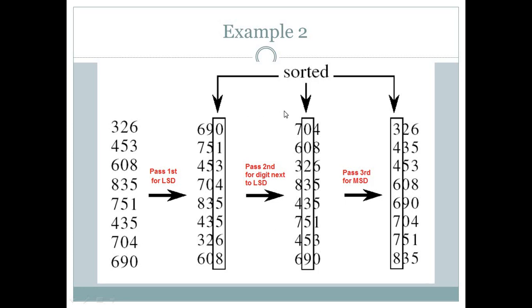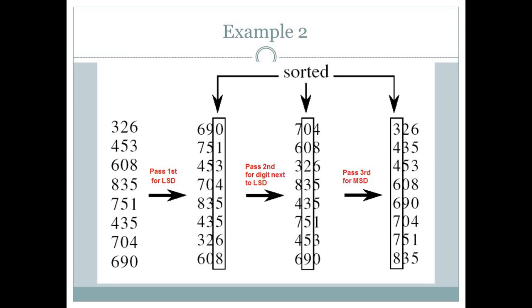After it we will apply our counting sort algorithm on the second digits. And after applying on the second digit we will apply our counting sort algorithm onto our first digits. So it will look like this, and you can see this is already in sorted manner. Okay, so this is the example of the radix sort algorithm. You have to remember one thing, that for understanding or applying the radix sort algorithm, the counting sort algorithm is a must.